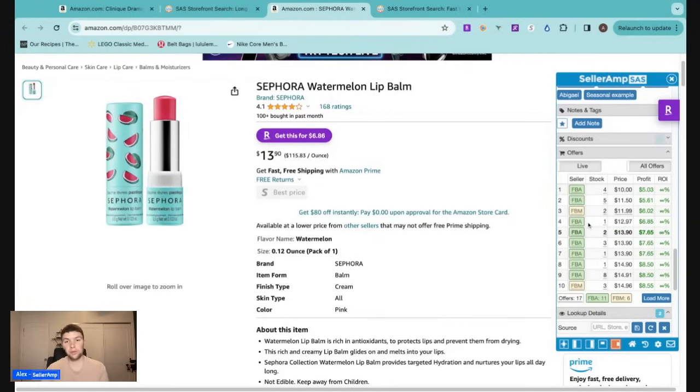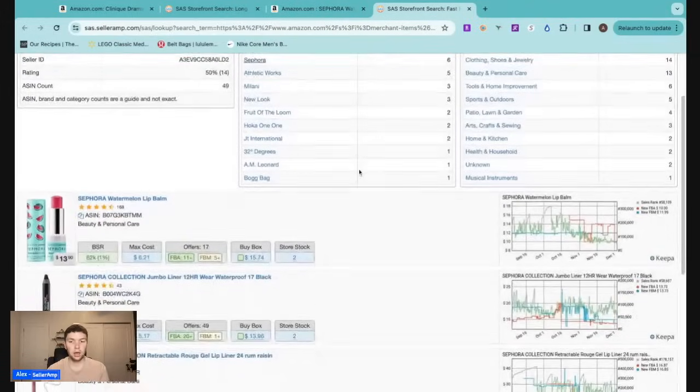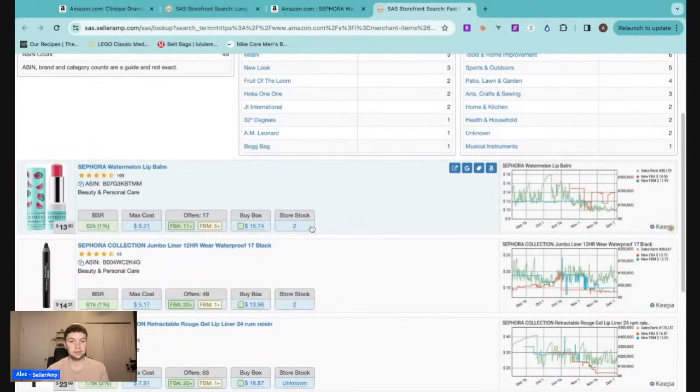So that way the storefront hopefully has some experience selling on Amazon and they know how to find profitable products. So we have the storefront open here. We can see Sephora is their most stocked brand. So what we want to do again is just look at some of these listings, actually go through and break down the products. Right now, we're going to do the part where we're reverse sourcing some of these. Hopefully, we can find some websites or at least Sephora selling this profitably,